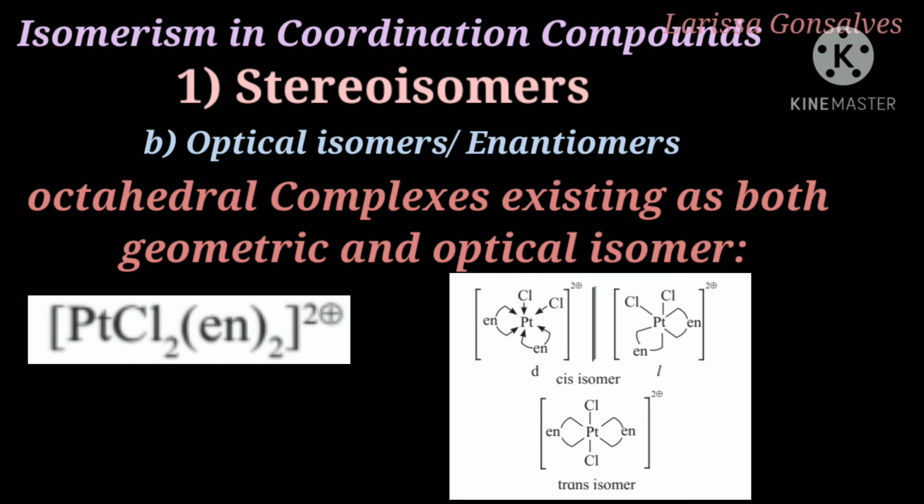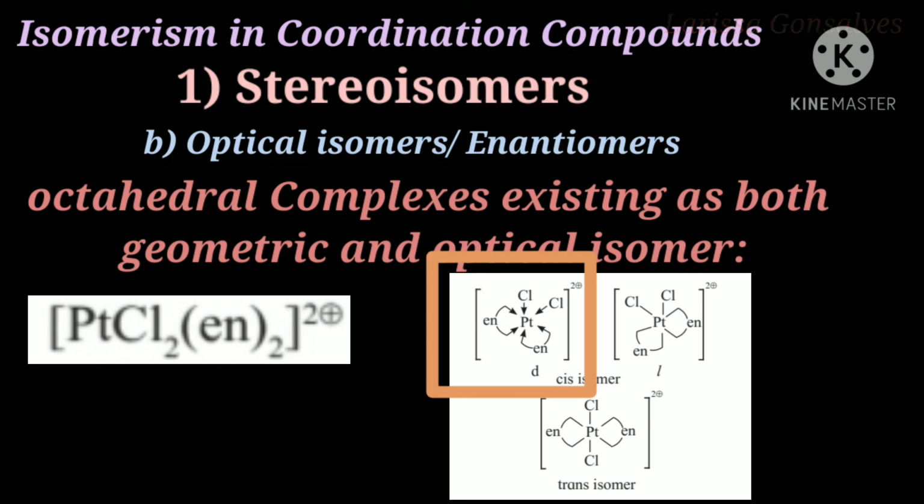So as you can see here in the picture, Pt is the central metal ion and we have 2 chlorine ligands and 2 ethylene diamine ligands. Now chlorine is a monodentate ligand, hence it has only 1 donor pair, whereas ethylene diamine is a bidentate ligand and it has 2 donor pairs. That is why you can see 2 arrows. That means 2 nitrogens are going to donate electrons to the central metal ion. If we place a mirror, we get the l isomer. So the first picture is of the dextro isomer.